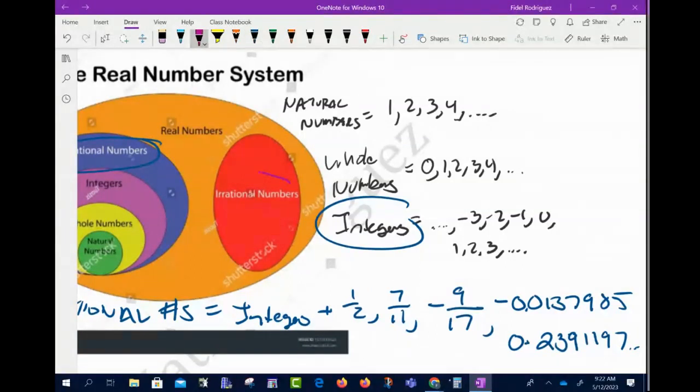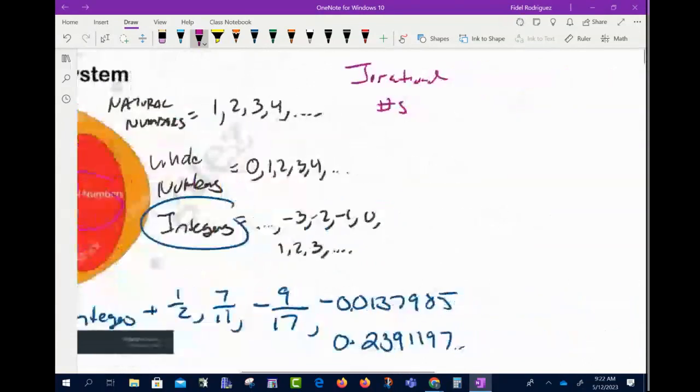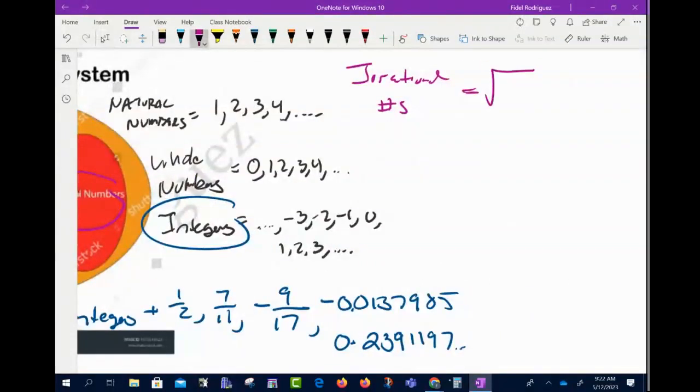Okay, now we have this other set over here, irrational numbers. Okay, have you ever seen a number that looks like that before? Right? Not too pretty. Okay. Y'all remember this from high school? Remember that number? Pi? Okay. Funky numbers that look like that, y'all. The square root of 17. Now, one thing I do want to clarify though,